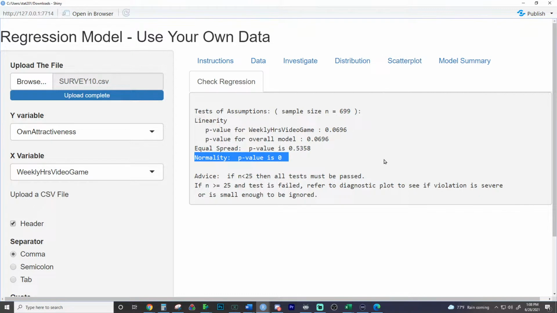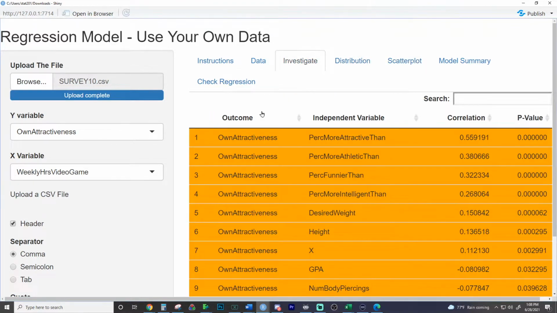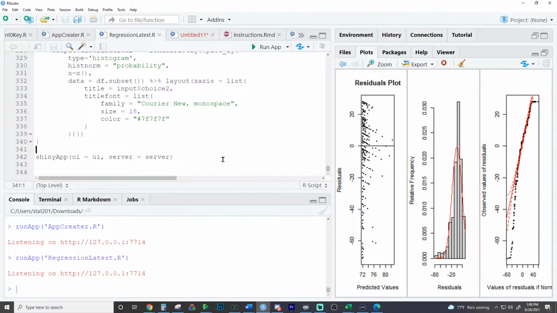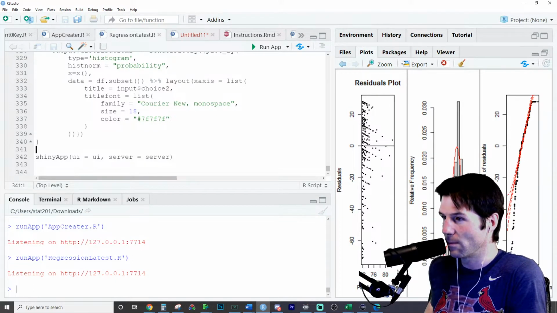And I couldn't get the plots to appear here. I was trying to get that also. You can see there's a little bit of nonlinear relationship. But anyways, this little thing I built right here is built on what I'll be asking students to do. I don't expect students to do this amount of work. And it looks like it was running my check regressions in the background there. So I don't expect students to do something that crazy.